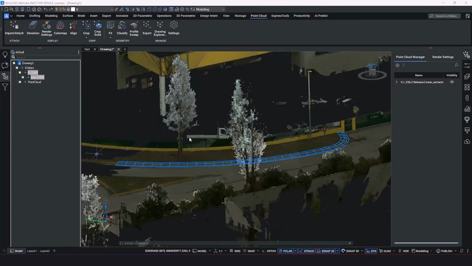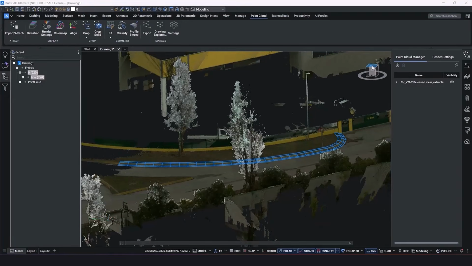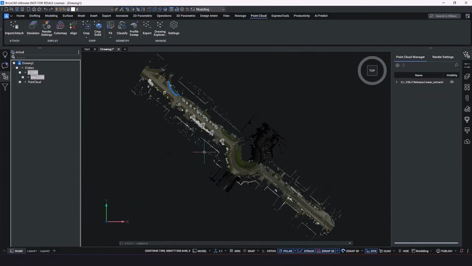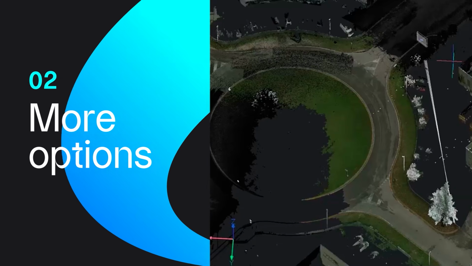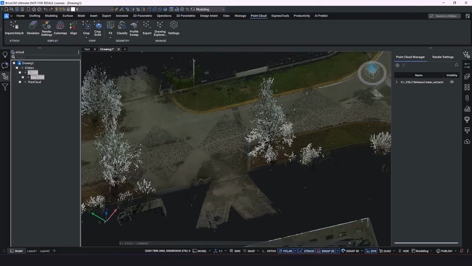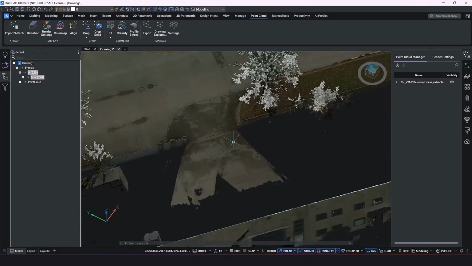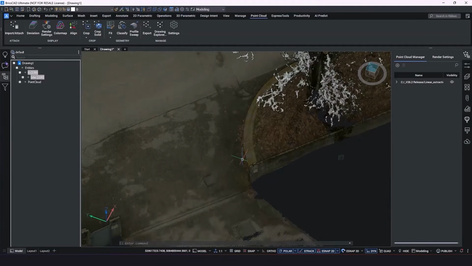Now let's dive a little bit deeper into more of what we can do with the profile sweep. So I'm just going to use my VTube to zoom out to my entire point cloud. And let's just get rid of that little pop-up. I'm going to work over here this time. So let's zoom in and see whether we can get to this point over here. So we have another curve. Again, it's the same type of curve, and we want to do the same type of profile sweep.